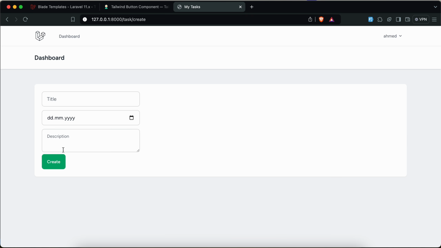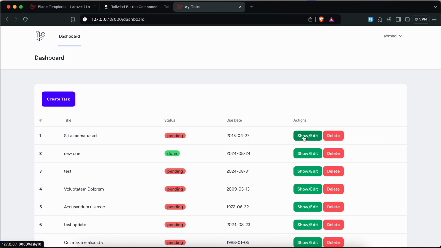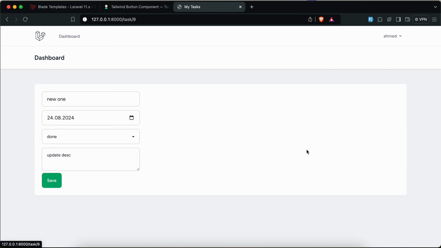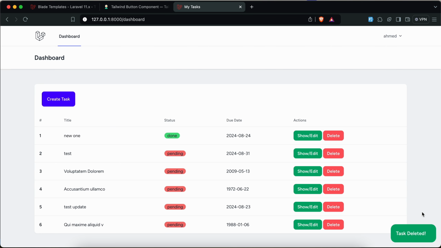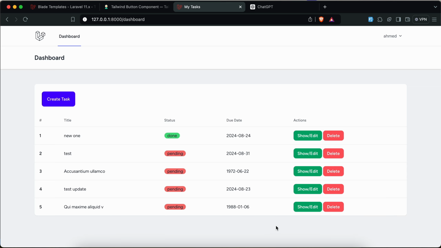Create, fill data here, created successfully. Back and edit, it's fine. Show, it's okay. Let's make it done, and it's done. Delete successfully here. One last thing that I want to do, if you notice here, if I click delete, it deletes directly, but I want to show